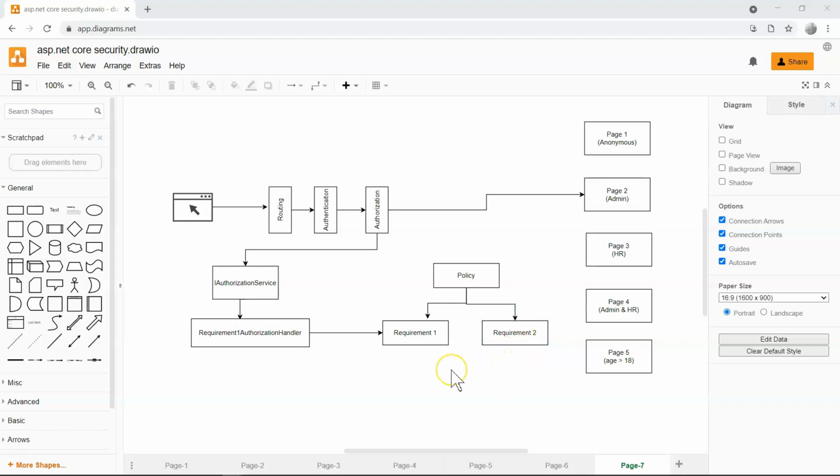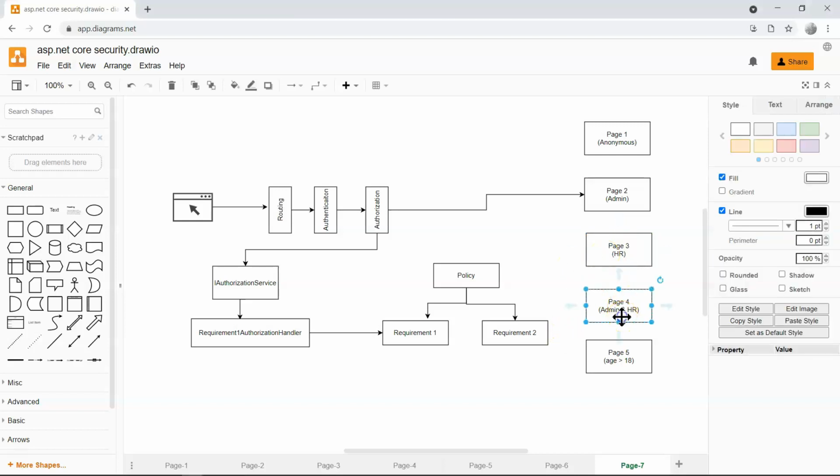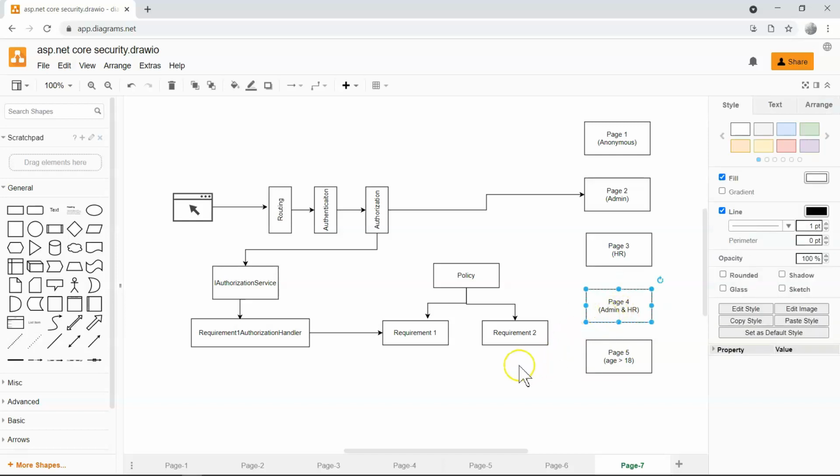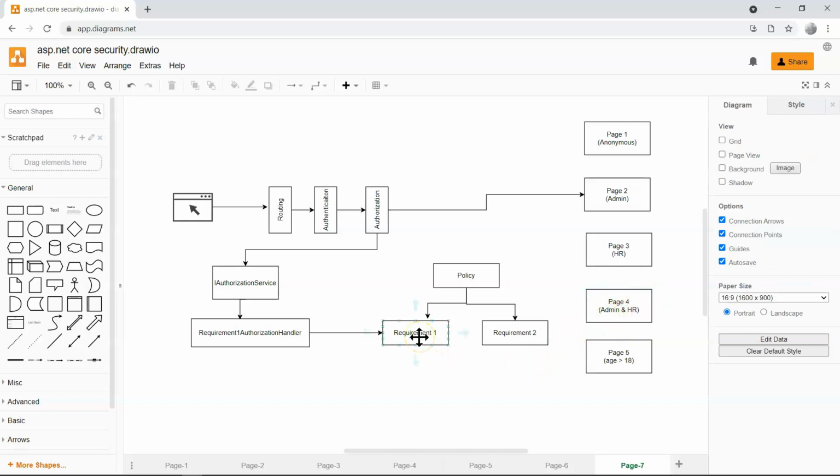So let's imagine a scenario where you are hired as a human resource manager, and you can access the human resource manager page, whereas the permission is only given when you pass your probation period, right? So for example, you have a 3 months probation period, and within the 3 months, although you're given the main claim and HR department claim, you still haven't passed your probation period, you won't be able to access the page, right? So that's going to be a custom requirement which we're going to implement,